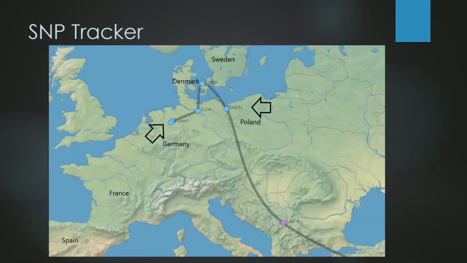You can see here, the reason I'm showing you this blow up of the map is when my husband first did his DNA testing, he was placed in the haplogroup M253. And he was in that haplogroup for a long time. He was first tested in 2017. We did SNP testing shortly after, and they still had him placed in M253 for quite a while. It's only recently that they've moved him out on the branch to